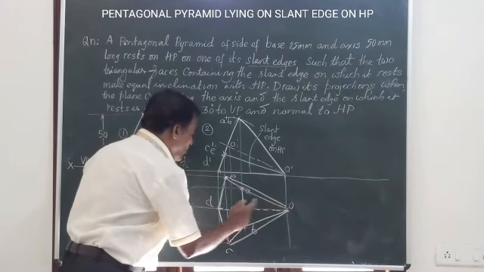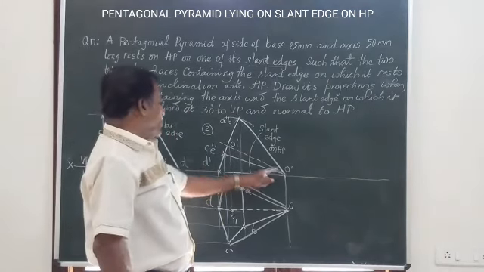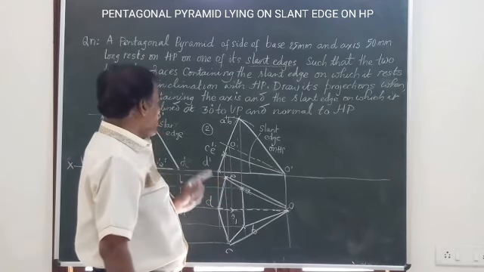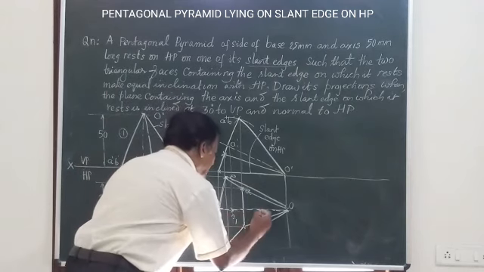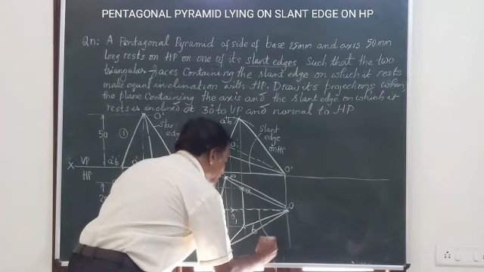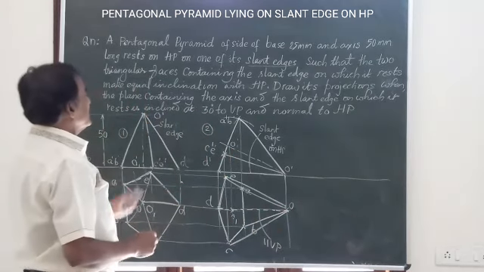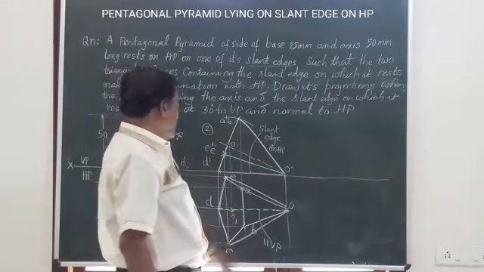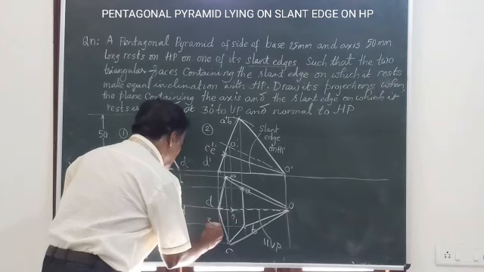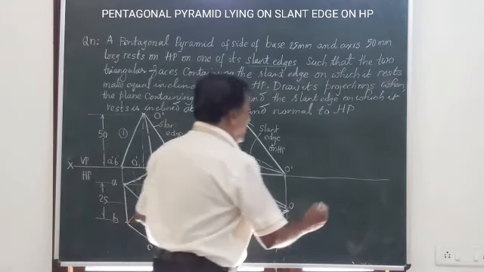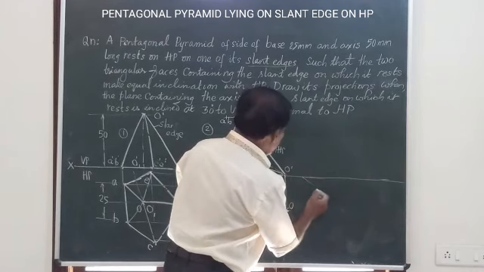That is, O1D represents the plane containing the axis O dash O1 dash and the slant edge O dash D dash. So now he says, I have written down here, this is the plane which is parallel to VP. Plane is O1D. But he says it has to be at an angle of 30 degrees to VP. So friends, this figure number 3 is going to be redrawn on a line which is inclined at an angle of 30 degrees to VP.